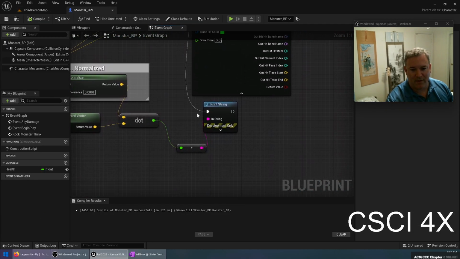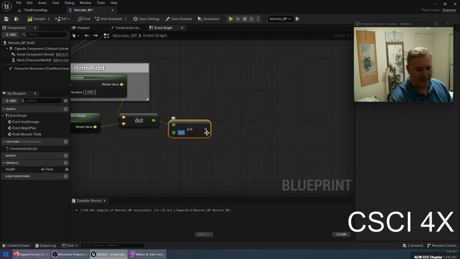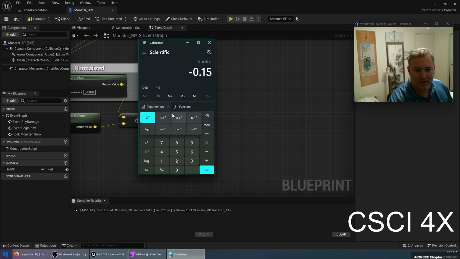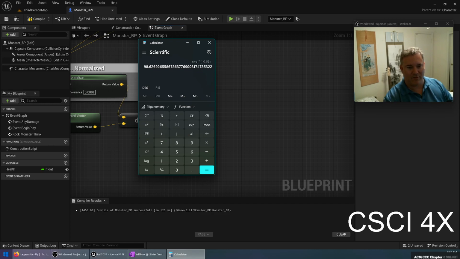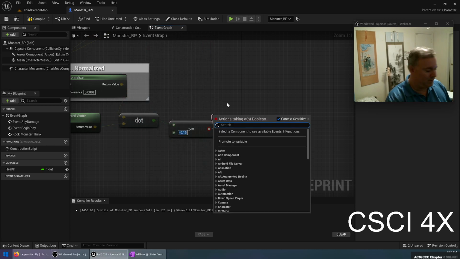Okay, so we're going to take this and compare it. If it is greater than or equal to, use negative 0.15 as the cutoff. So that's like 190 degrees of vision, something like that. In calculator terms, negative 0.15, trig inverse cosine, so it's 98 degrees in both directions. So it's 196 degrees field of view for the monster right now. So if this is true,